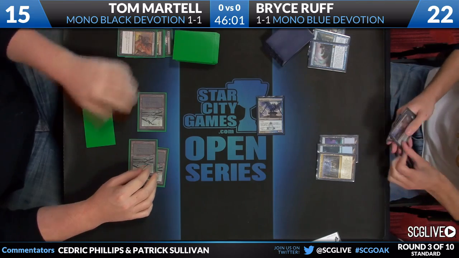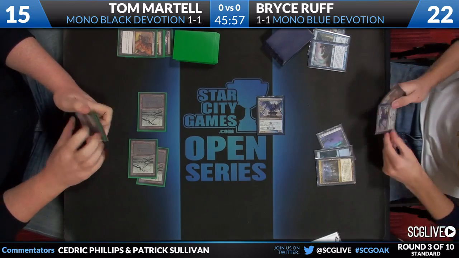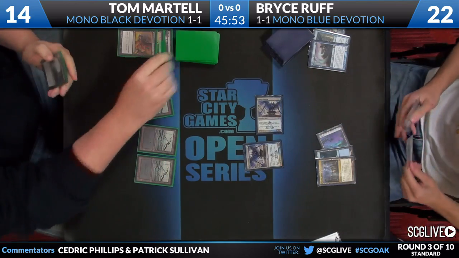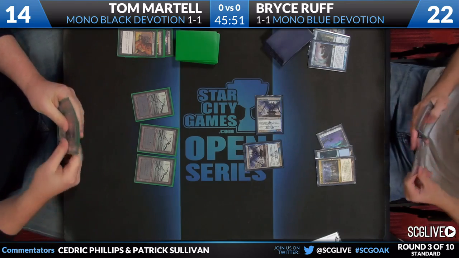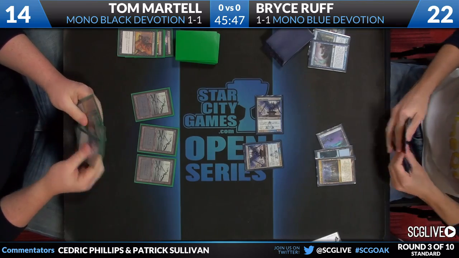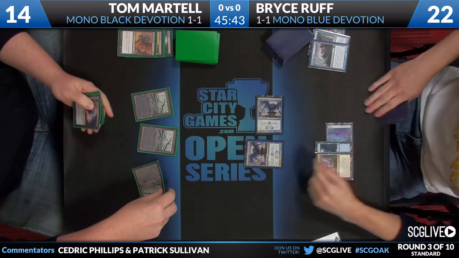So that Judge's Familiar is going to deal 1. Bryce is going to follow up with another Judge's Familiar and pass the turn back, trying to pin Martell with his mana situation being the way that it is. I think I would have preferred to keep the Tidebinder Mage if you had a second Judge's Familiar in hand,